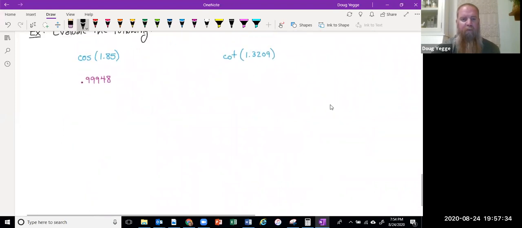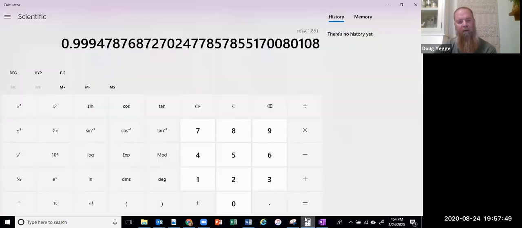is that cosine of 1.85 is not equal to cosine of 1.85 degrees. And our calculator is still in degree mode. Now that we've learned 2 different units of measurements, it's really important to make sure that we switch our calculator appropriately. So when I change this to radian measure and try that again,